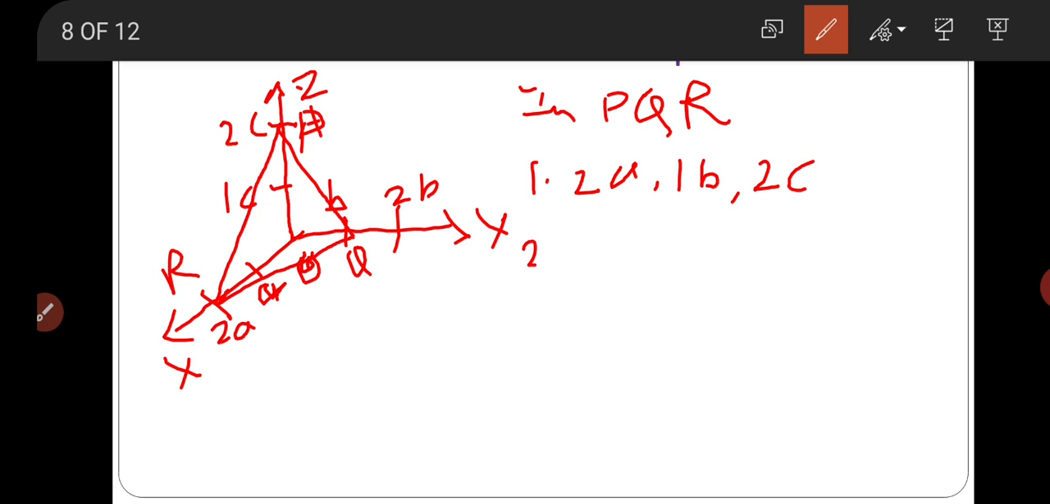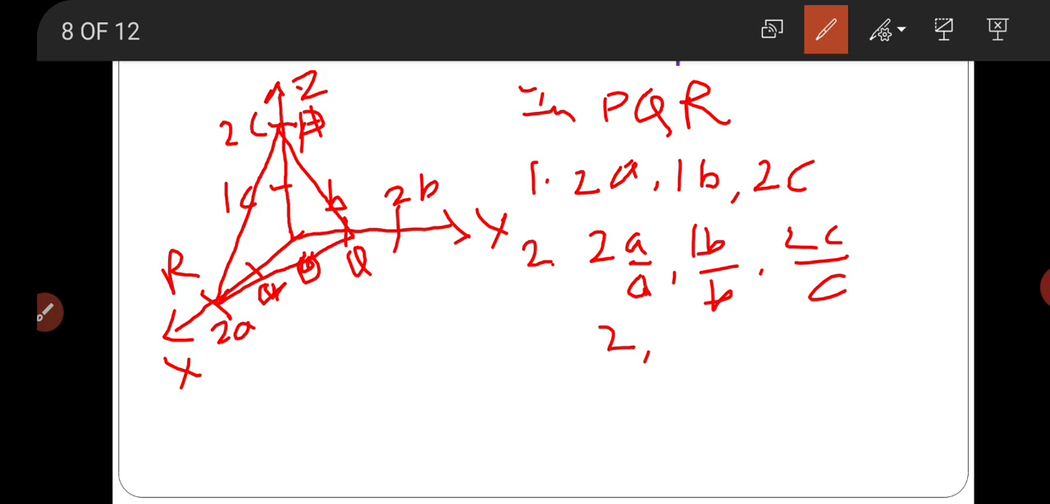In the second step, write its coefficients, or divide by the corresponding lattice constant: 2A by A, 1B by B, 2C by C. So therefore 2, 1, and 2 are the coefficients of these intercepts. Third step